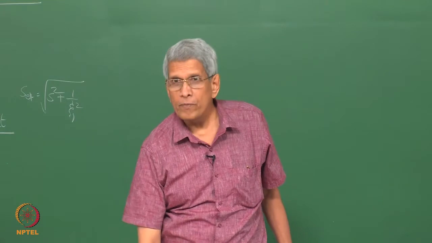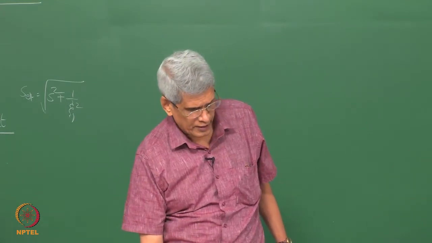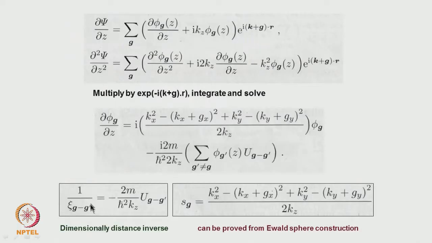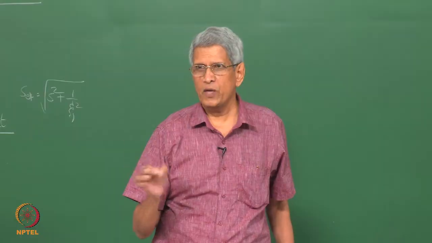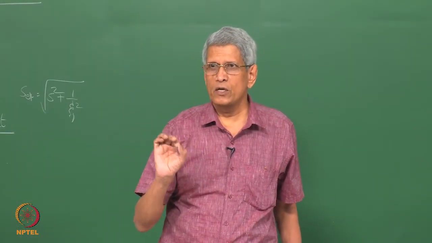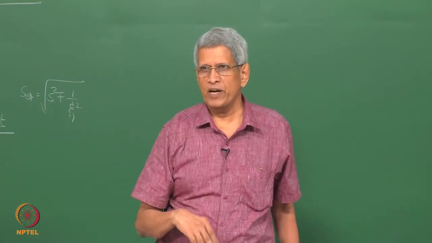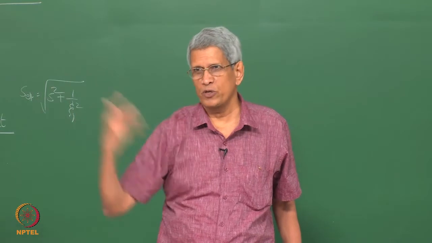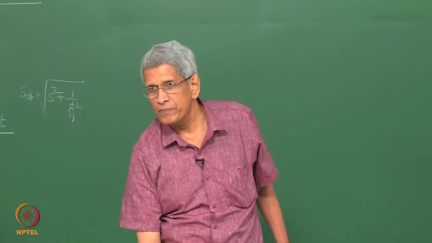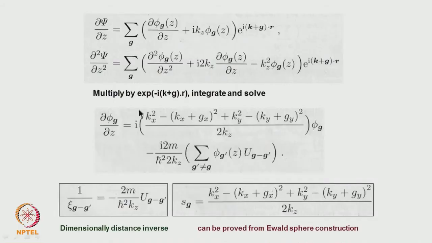So here we only account for one diffraction, right? This is with respect to this g dash, which can have any value. With respect to each diffraction vector, these values will change. Suppose instead of the 111 direction, I take the 200 direction. So the value of psi g will be different, because the Fourier coefficient is going to be different. You understand that?